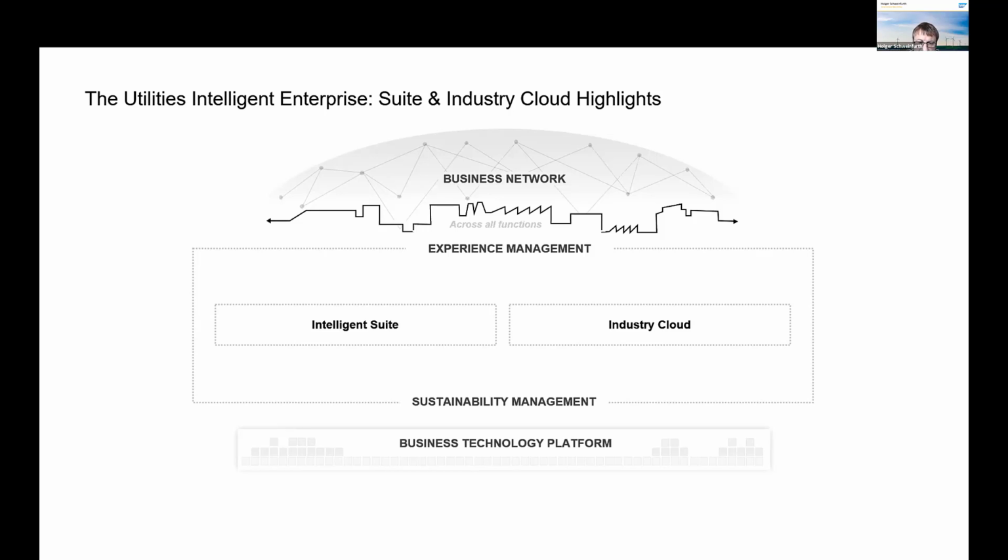All of that and a very crucial part here on the business technology platform, not only for the sheer integration, but also for doing extensions, for leveraging new technologies on machine learning, on artificial intelligence, etc., and where we are also building many new solutions.